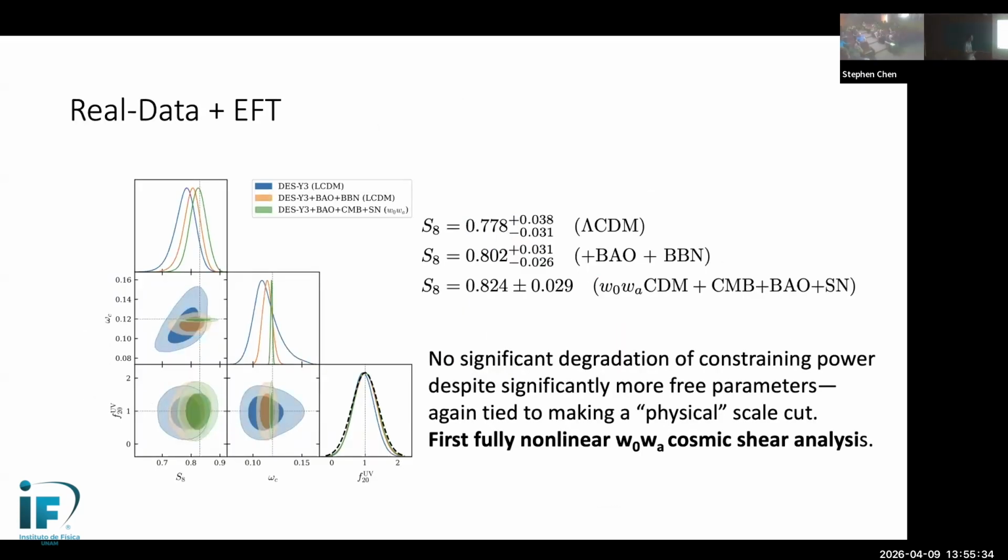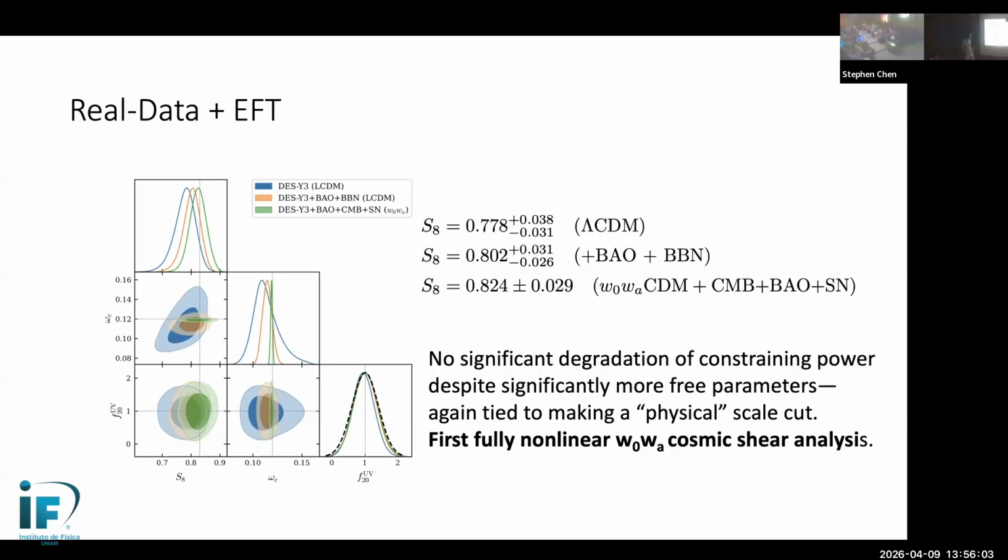So yeah, we can actually do a fully analytic fit to the data in varying scenarios, right? We can do it for lambda CDM. We can add in data from BAO, for example, or galaxy clustering statistics. But what I think is really interesting is that we can conduct analyses of weak lensing now for the first time fully nonlinearly in a w0 wa CDM dynamical dark energy scenario without any input from simulation.